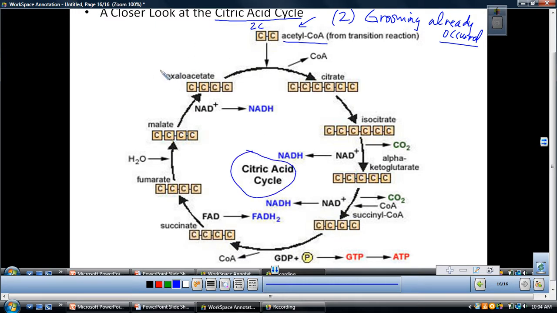Remember, there's already something in the cycle, and here he is right here. I call him Big O. Don't ask me why, I just have always used that. His name is oxaloacetate. He is a 4-carbon compound that is already in the cycle. It's kind of like when we did the Calvin cycle, and remember we had the RuBP that was in the cycle and constantly there. It's the same philosophy. So it joins with this 2-carbon acetyl-CoA, so 4 and 2 makes a 6-carbon compound known as